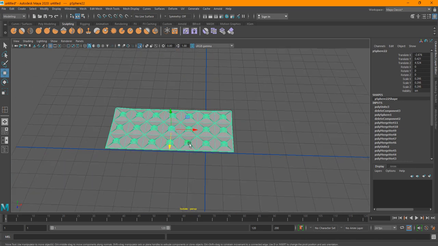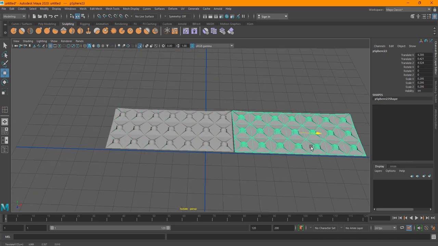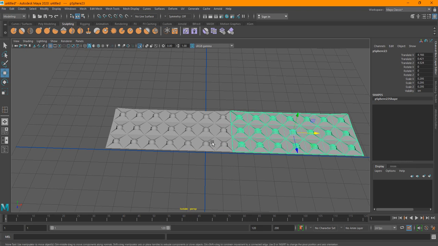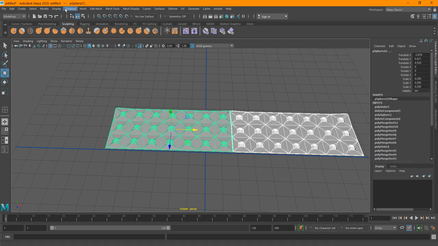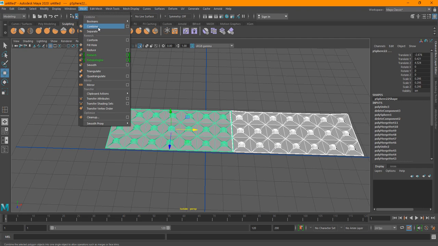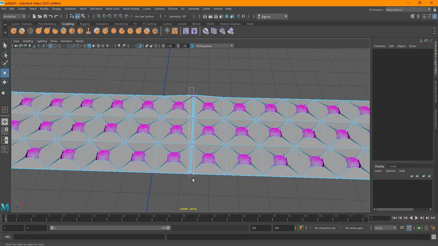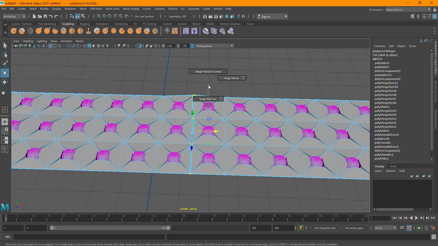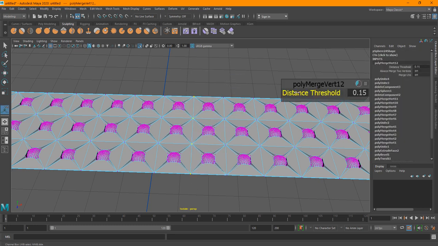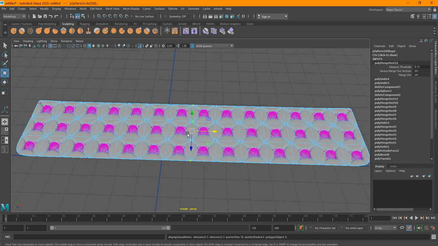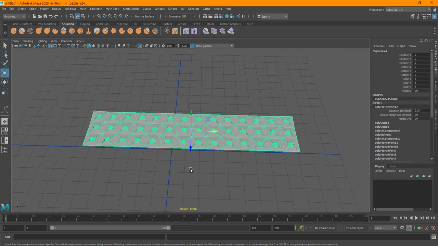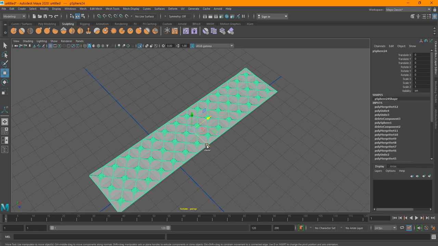And I'll just Control D this again like the last time, and put it here, Shift right click, combine it. Then I'm going to merge these verts, Shift right click, merge, and hit 3. That's it. And then I'm going to take one more copy to the bottom,